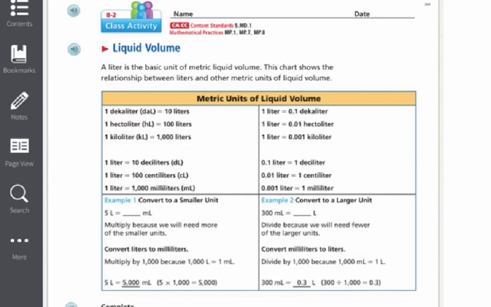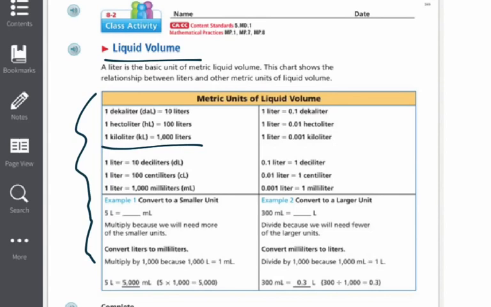Here's a quick overview of Lesson 8-2 on Thinkcentral. Key concept here is working with liquid volume in the metric system. So volume is the amount of matter that's inside an object or the amount of liquid that a container can hold. So you'll see here you have your place value chart showing you the conversions between, for example, kiloliter and